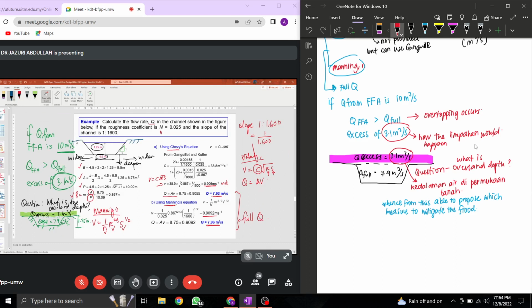So you know you have the excess water of 3.1 meter cube per second. So you want to construct a bund. Okay, you want to construct structure on the levee, left and right. But you need to understand how far dia pergi ke sebelah kiri dan kanan, berapa banyakkah air yang ada di atas permukaan tanah tersebut. So this is kenapa saya tunjukkan dulu kaedah untuk dapatkan Q, baru kita pergi kepada mitigation